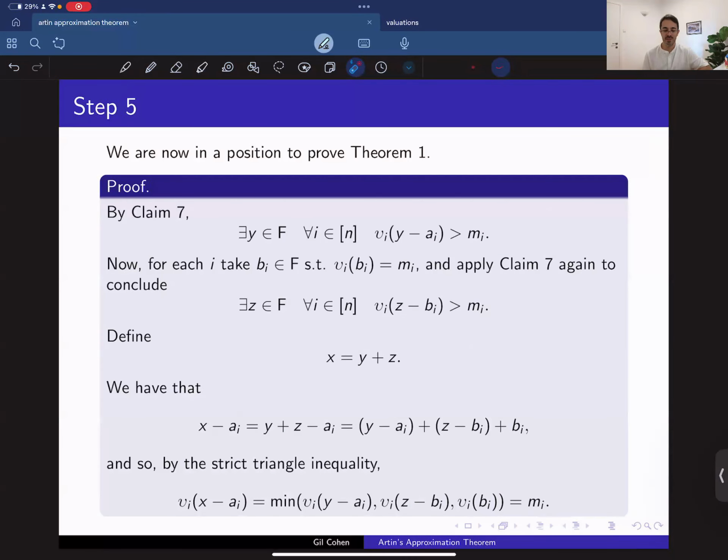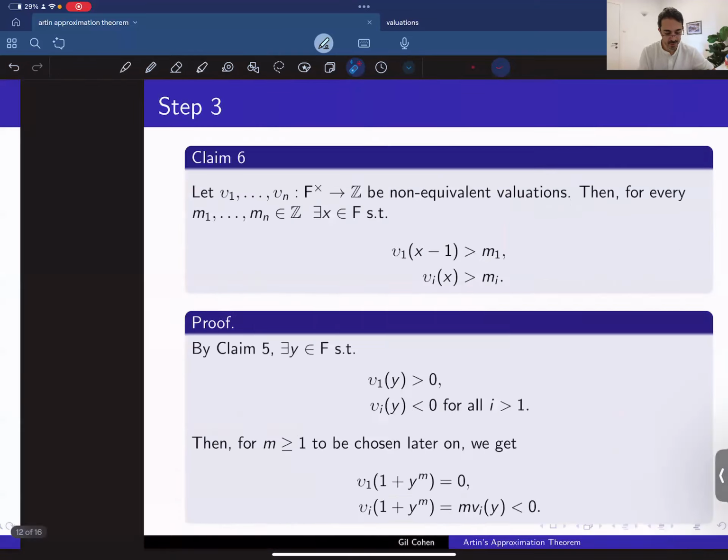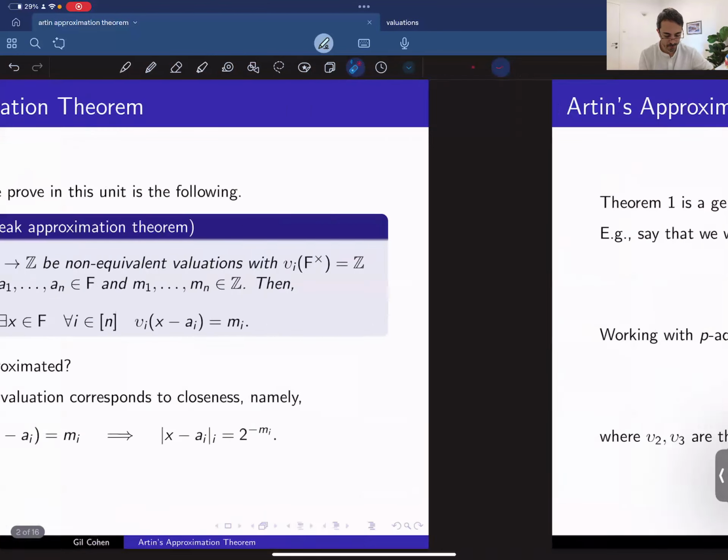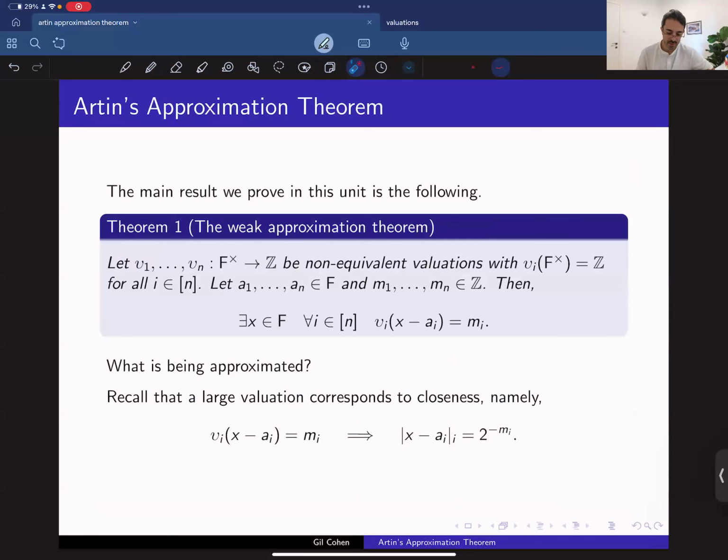Okay, so we are finally in a position to prove theorem 1. And let me just remind you what the theorem is. It was a long time ago. Now, as I said, that's the only time we are going to use the fact that you get onto valuations. So if you take any n non-equivalent valuations that are onto Z,